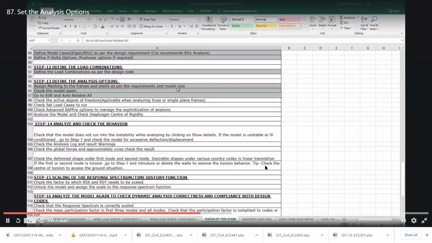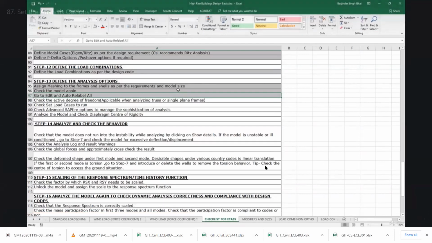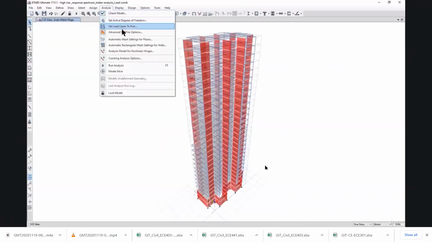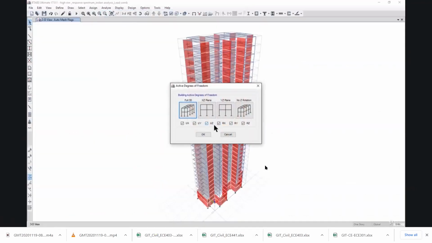So here our model is a space structure. This option might be important when we are designing or analyzing a frame structure or a truss structure. So here you can go to Analyze and set Active Degrees of Freedom. Here you can see that the full 3D option is selected, and if we are doing frame analysis, then we